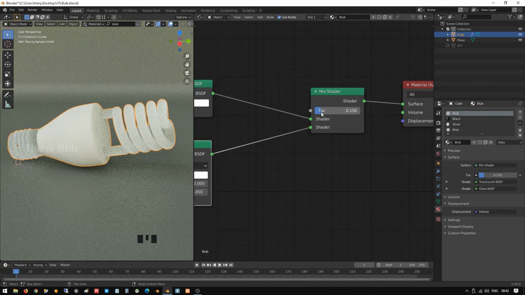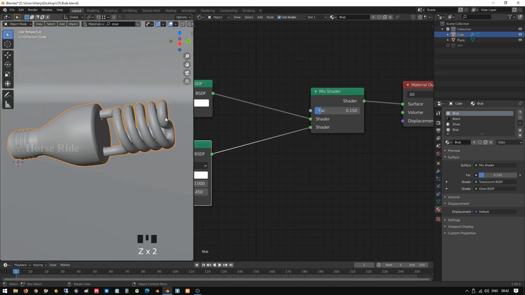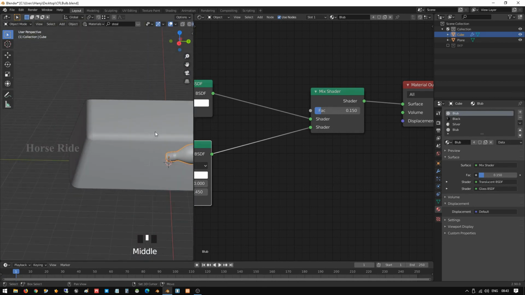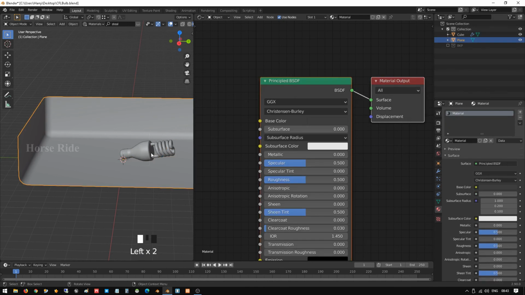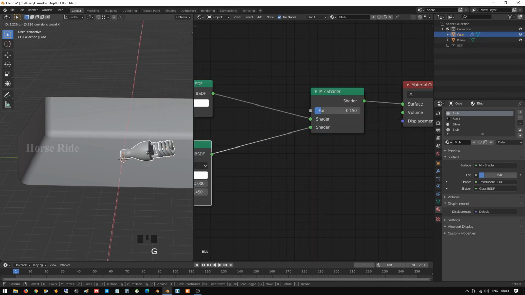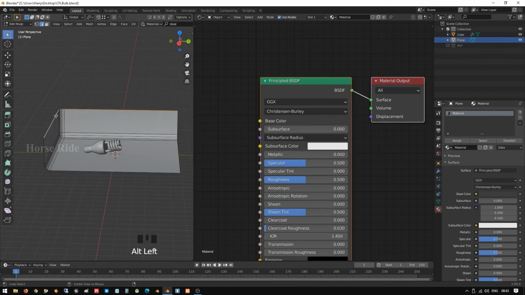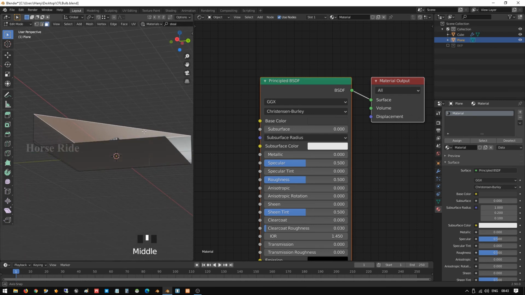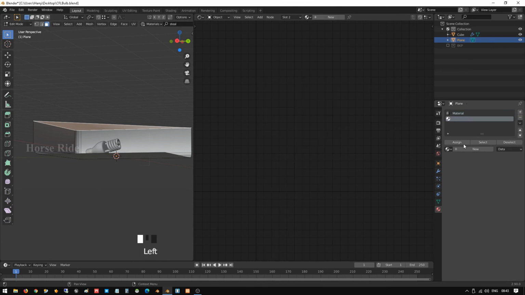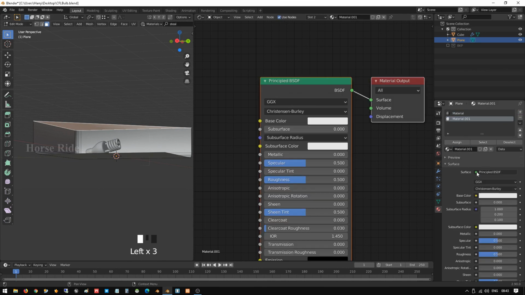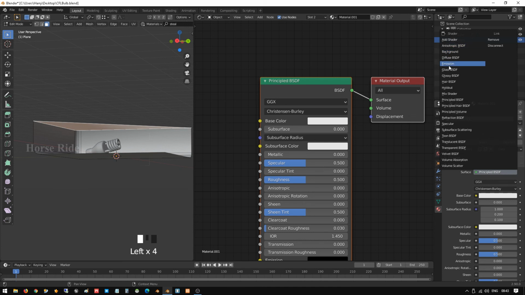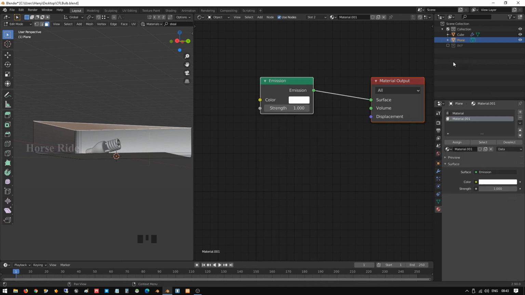So before that, go to solid view, and here I'm going to do G Y to move a little bit, and go to edit mode. Select these vertices, edges, press F, and select this option. Create a new material and assign it, and that new material is going to be an emission. Select this emission and increase the strength.